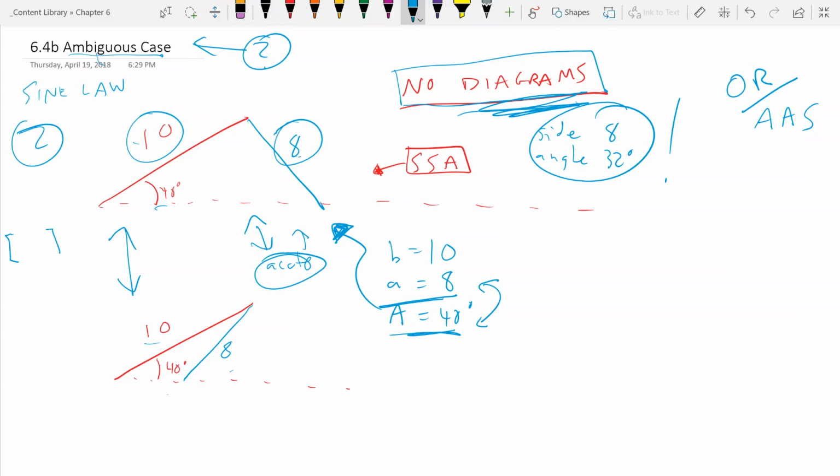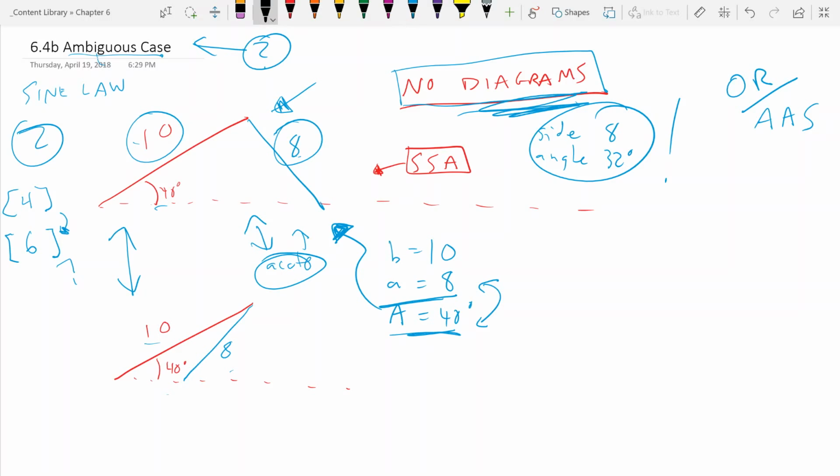Kind of a clue is when you have a question that's worth more marks. So let's just say you had a sine law question worth 4. Then the next one's worth 6. And you're like, why is it worth so much? It might be because it's ambiguous. Just think about it. So the way that these work, when you solve this triangle, let's actually solve this one,